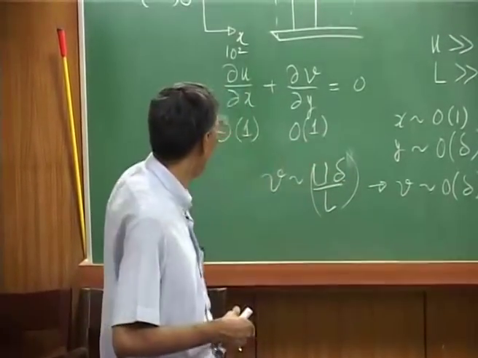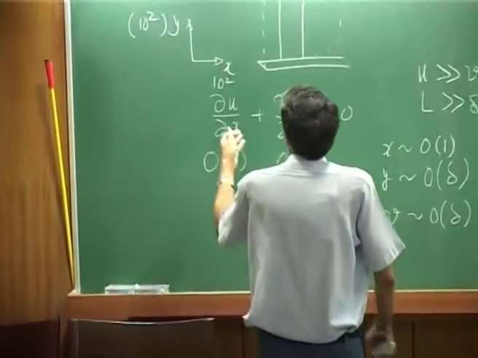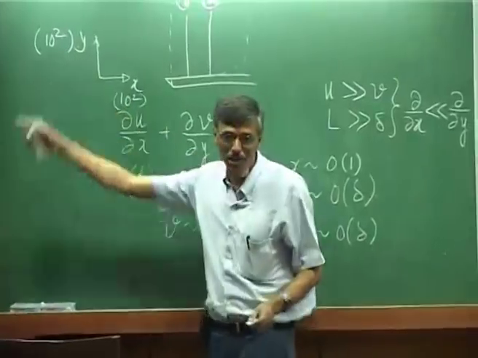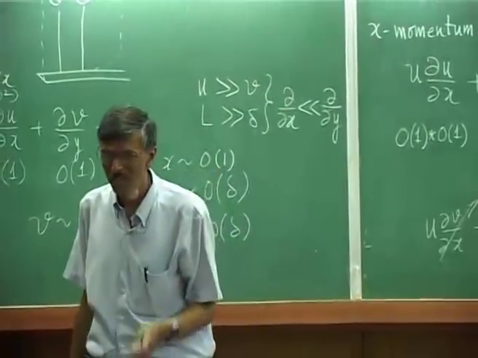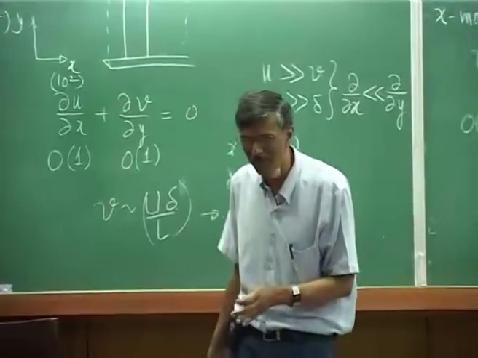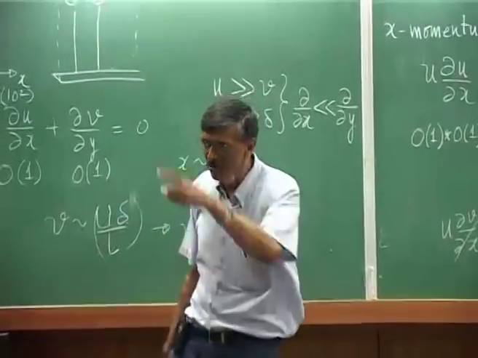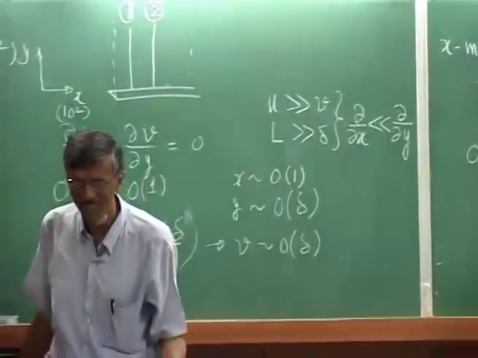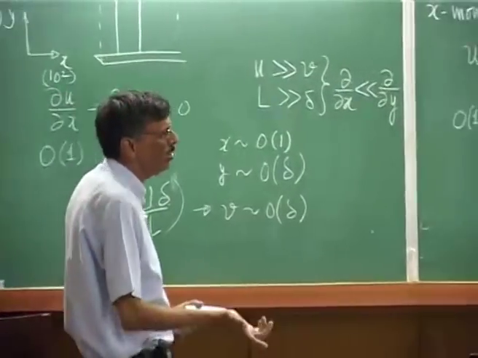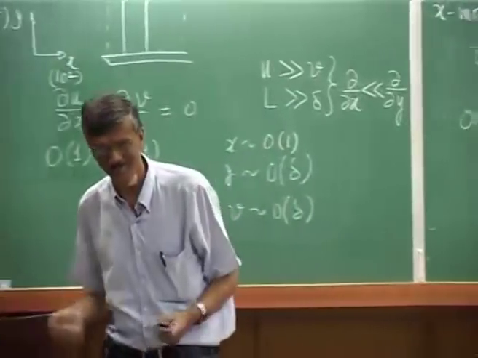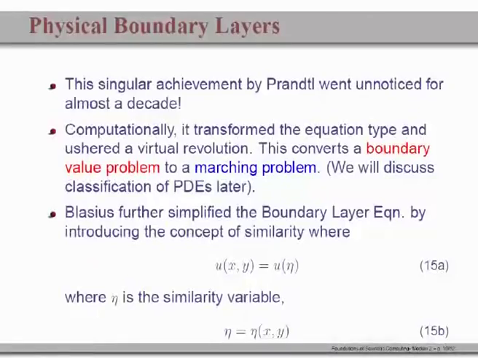But if, instead of solving this boundary value problem involving 10 to the power 4 unknowns, you try to solve the marching problem, then you would be solving a problem with variables of dimension 100. So, this you could actually do even with a desk calculator. That is the way it happened. Some of the students of Prandtl, namely Blasius, were the pioneers in extracting the benefit of conversion of this boundary value problem to a marching problem,